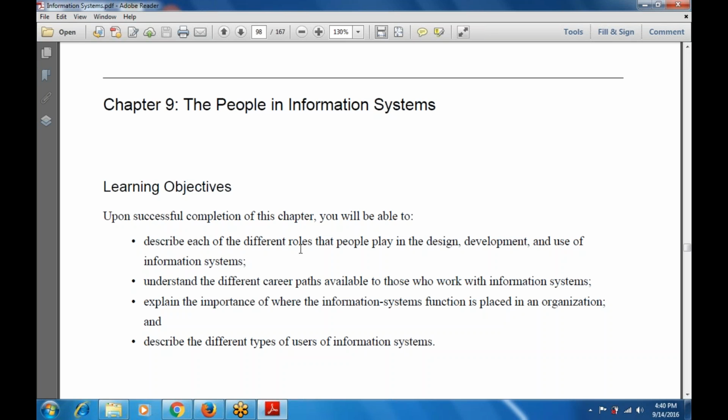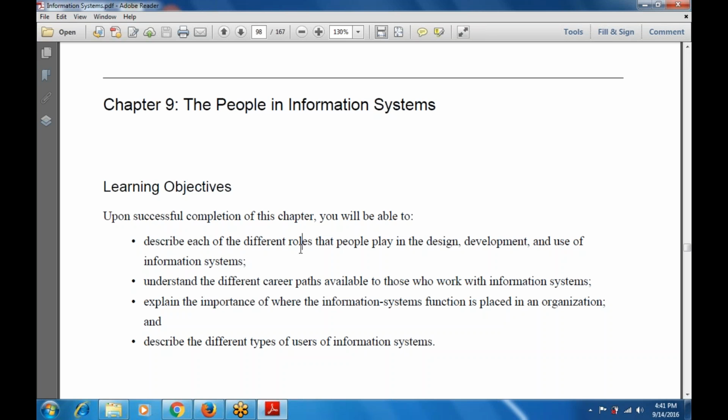That is, what is the information system function, and what is the area in which it is used in an organization. And the last one is describe the different types of users of information systems.